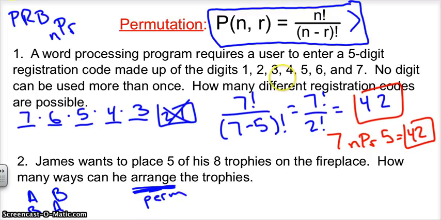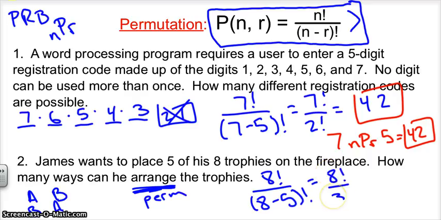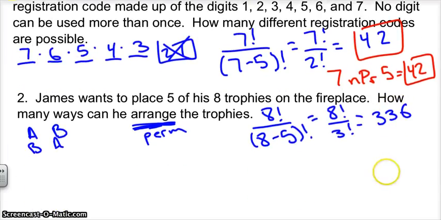If we would use this formula, how do we use it? We would go 8 factorial over, in parentheses, the number that you're choosing from, 8, minus the r, the number that you pick, so it's 5 factorial, which simplifies into 8 factorial over 3 factorial, which is 336. Now if you're using the calculator, again, you can ask me how you would use it in the calculator,